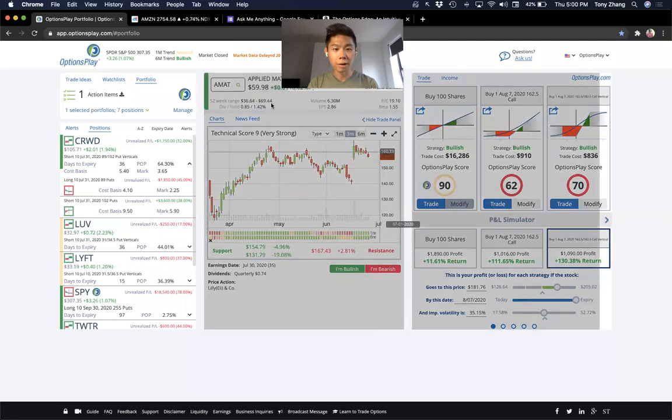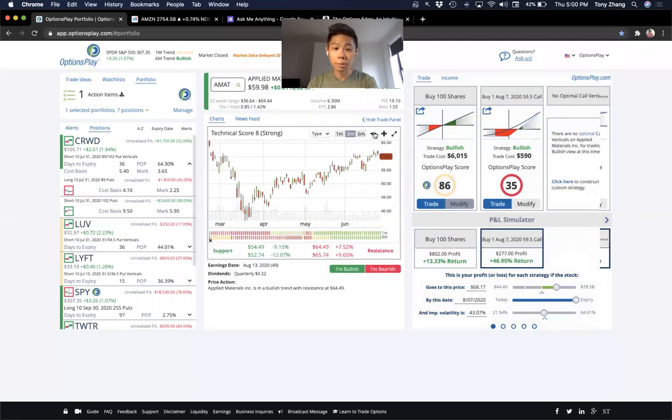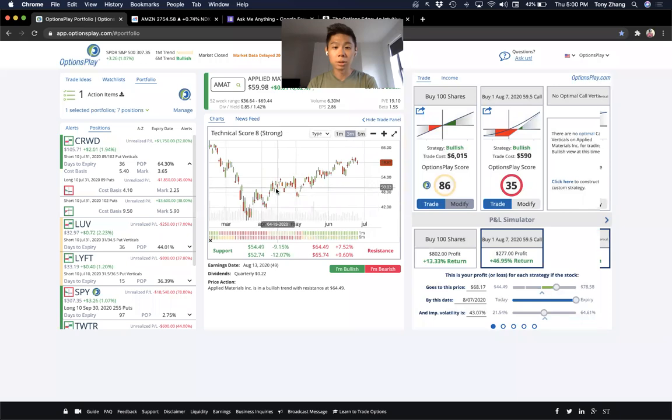Applied Materials. Out of the semiconductor stocks, it is one of the, I would say, boring stocks, but probably better to be boring in the semiconductor space. Applied Materials is doing very well. I particularly like NVIDIA a little bit better and AMD a little better in the semiconductor space. I don't know a whole lot about Applied Materials. They are a relatively smaller semiconductor stock, but a very strong uptrend here. Those are the types of stocks that you like, but as you can see, options here are very expensive and also not very liquid. That is some of the concern that I have about Applied Materials.